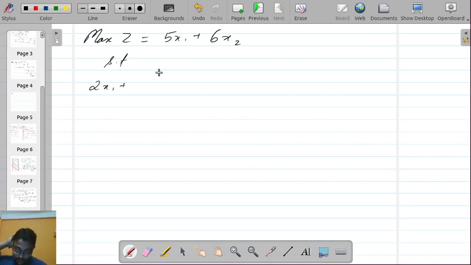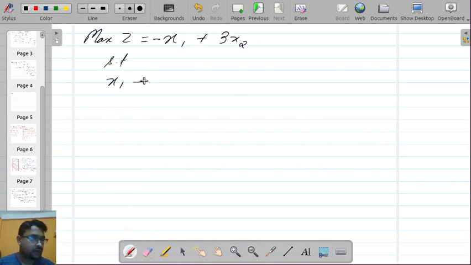This problem we have already done, the unbounded one. Let me try this problem. Maximize z equal to minus x1 plus 3x2, subject to the constraints x1 minus x2 greater than or equal to minus 1,